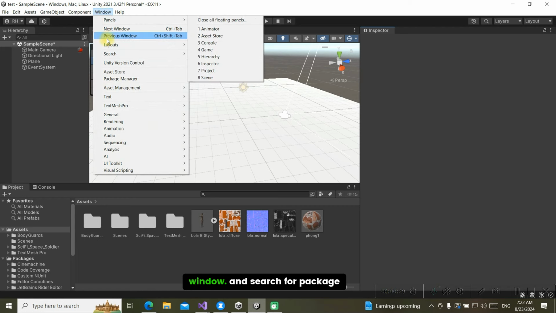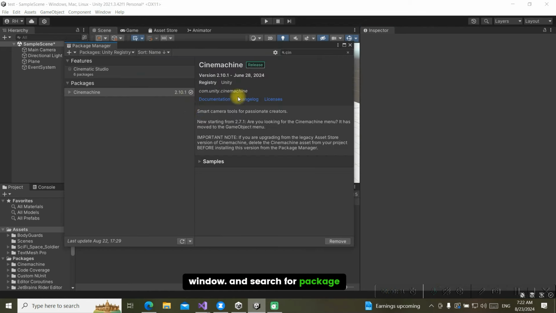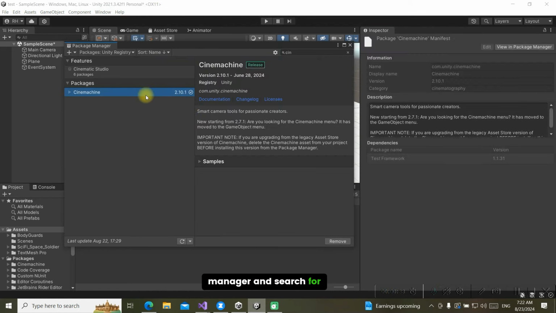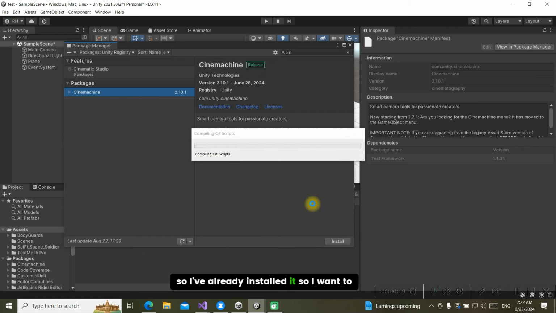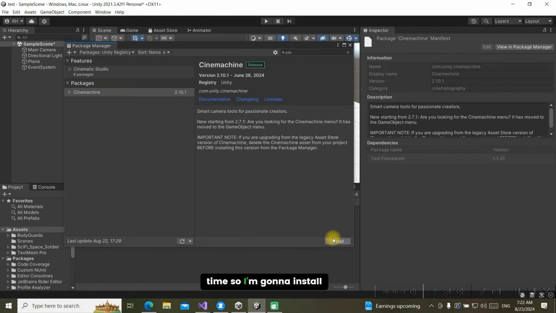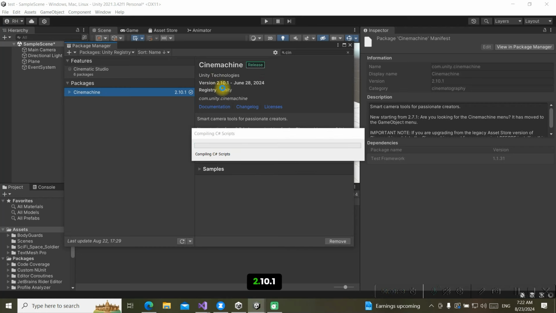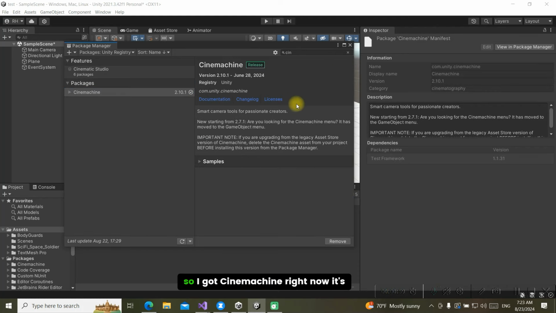So go to Window and search for Package Manager and search for Cinemachine and click on Install. I've already installed it, so I want to remove it to install it one more time. So I'm gonna install Cinemachine right now. I got Cinemachine 2.10.1. Okay, so I got Cinemachine right now. It's in my scene,